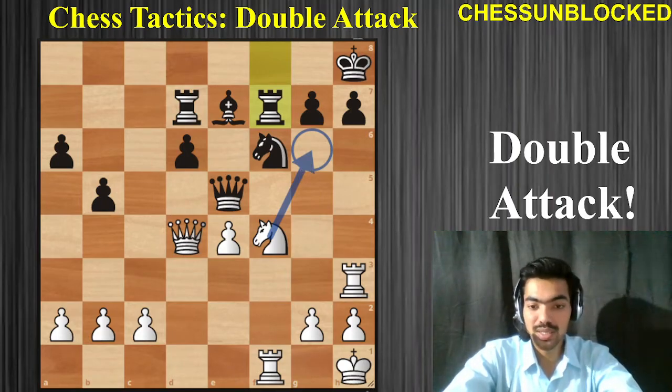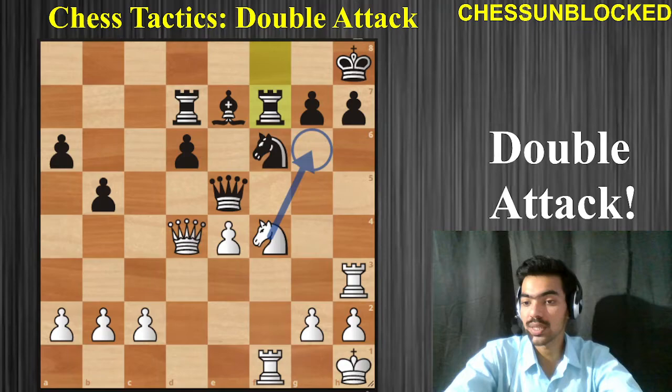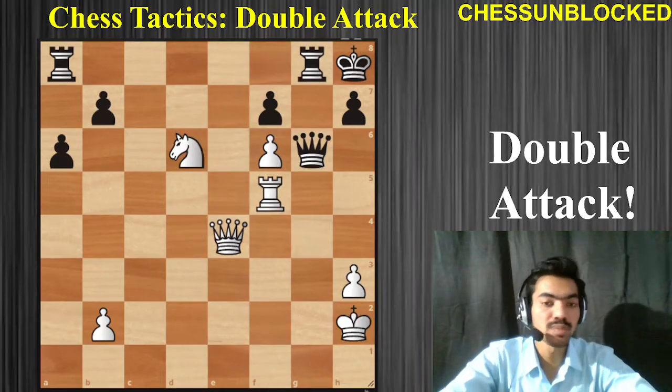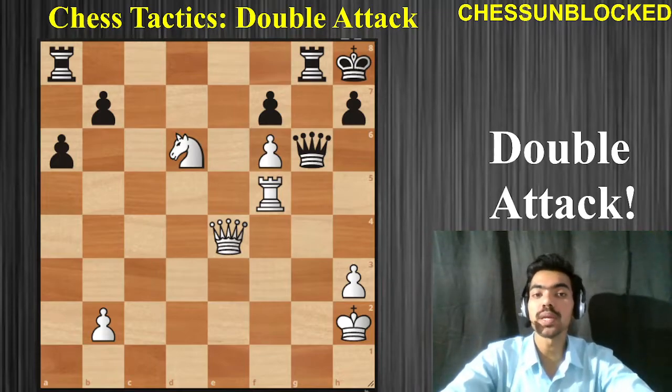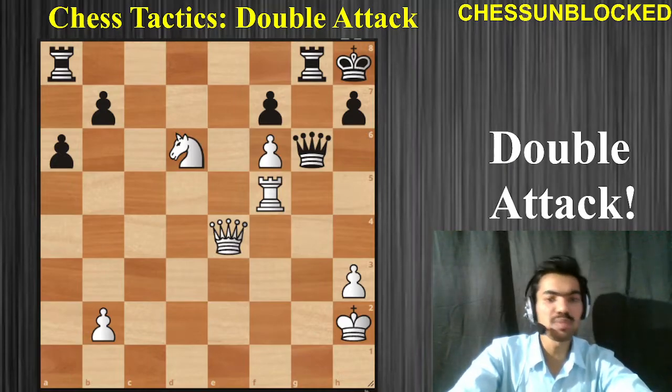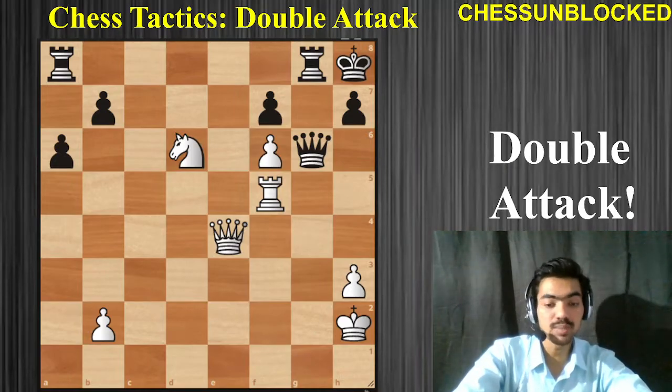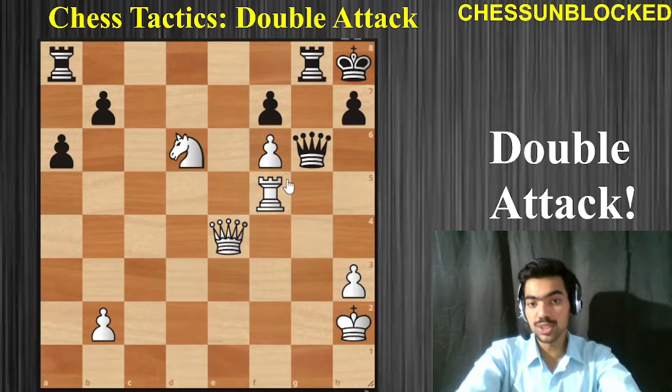So going back to a third example now. So here comes the third example, another beautiful tactic full of sacrifices. White to play and create a double attack that wins for white. This time you just have to be a little bit careful because you can see black is already creating some serious threats. One of which is, of course,